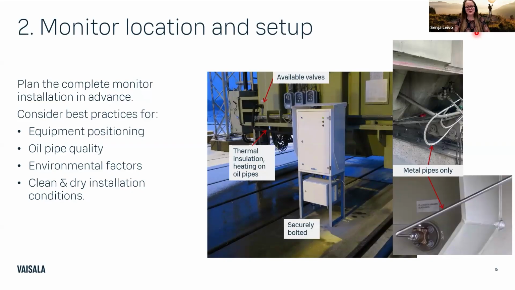spread around the transformer. So I have collected here just a few things. Like for example, where to locate the monitor. And now it depends a lot on which type of monitor. This one here is a multigas DGA monitor. If it's a single gas monitor, then the location is totally different. It's somewhere on the cooling circulation, for example. But now in this example here,